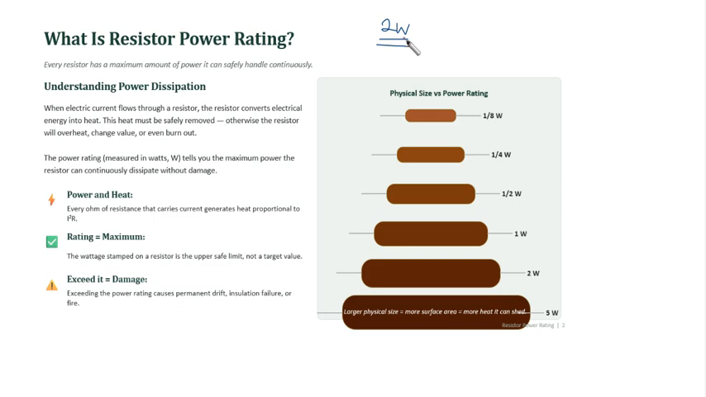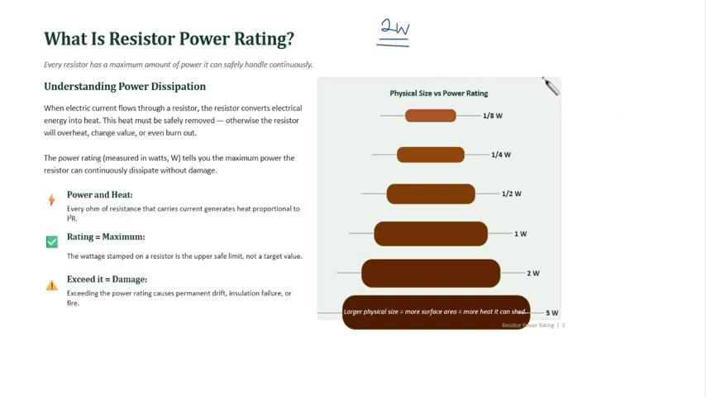All right, as we're going to see very shortly in this discussion. Okay, so when this power rating is exceeded, I beg your pardon, the resistor will become damaged. So exceeding the power rating causes permanent drift, insulation failure, or fire. That is, the resistor is going to burn out. Okay, so I have stated that